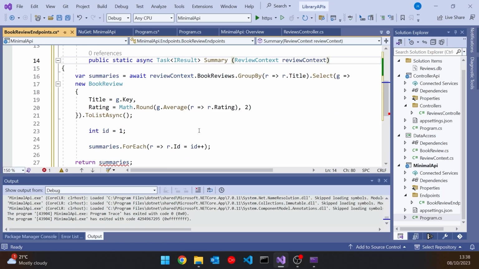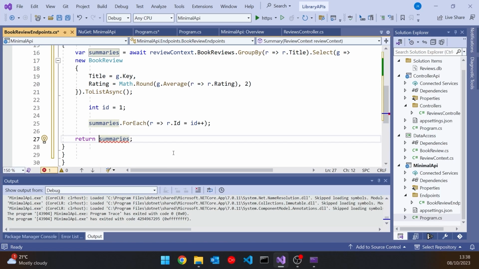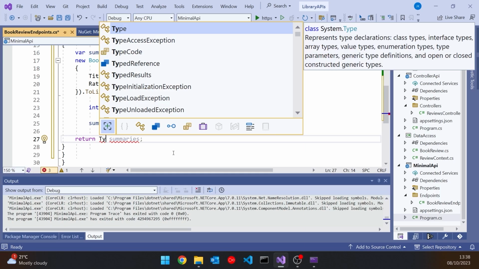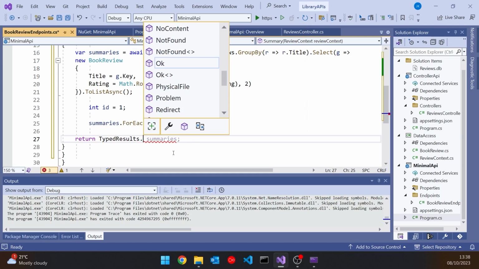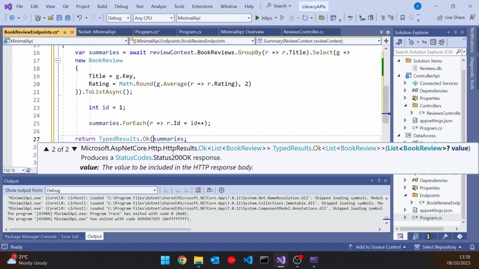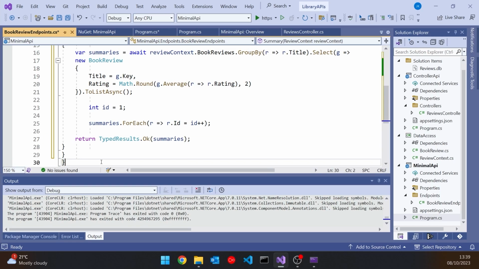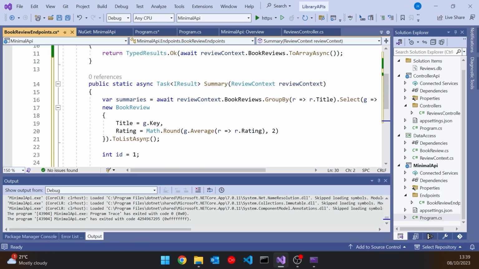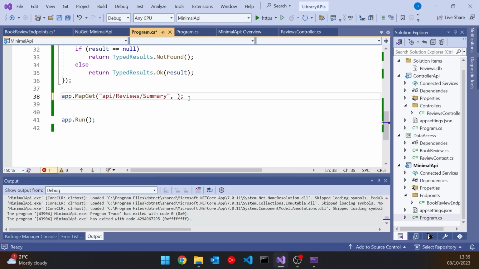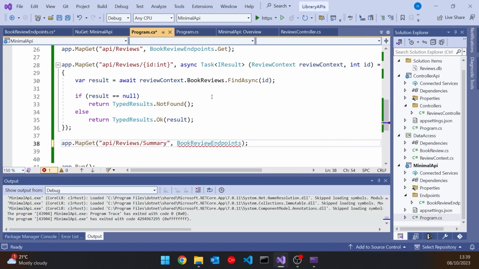Get rid of the lambda, and again we'll just do a typed Results.Ok on there, and do a quick reformat, and that should be working fine. And then we'll pop that back in there. So that one's working, and then let's do the same with the get single.